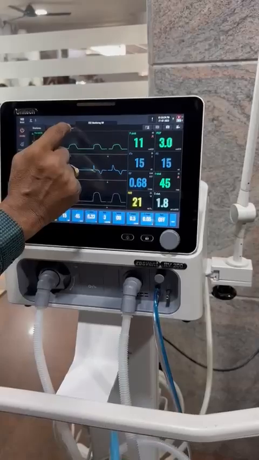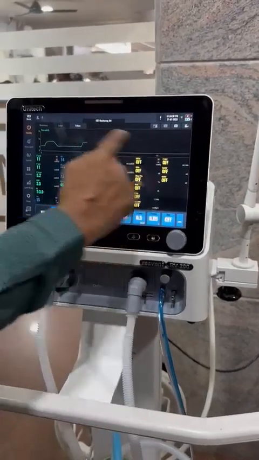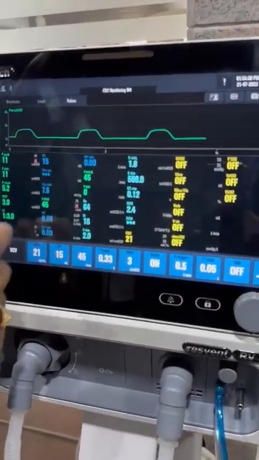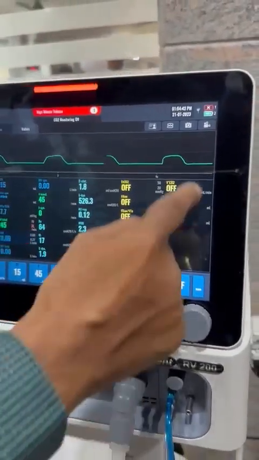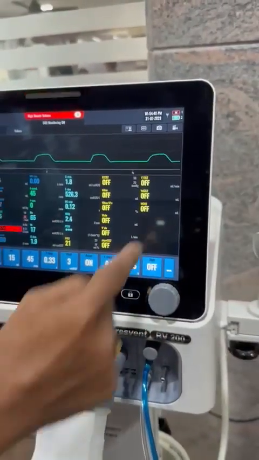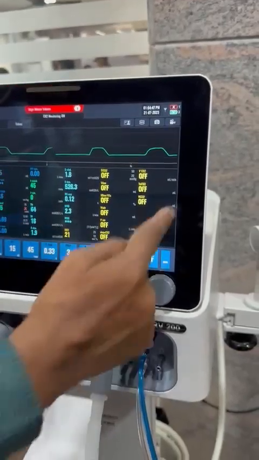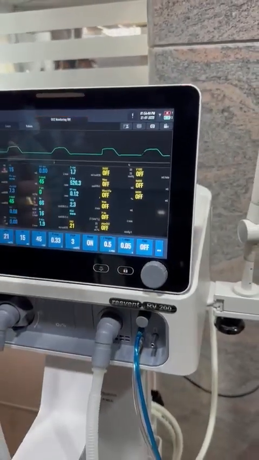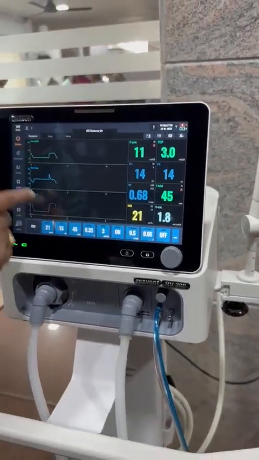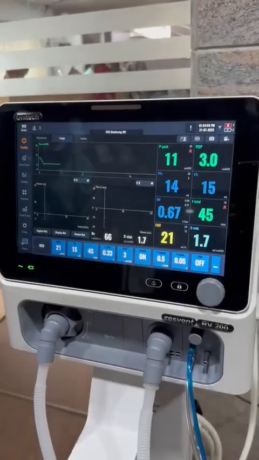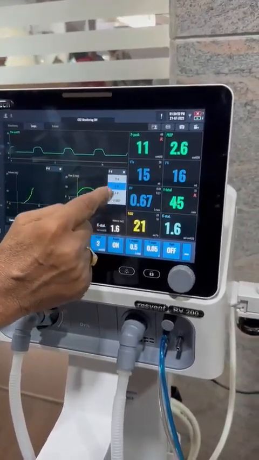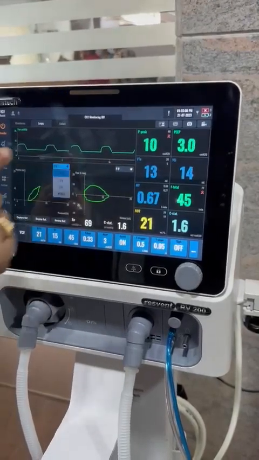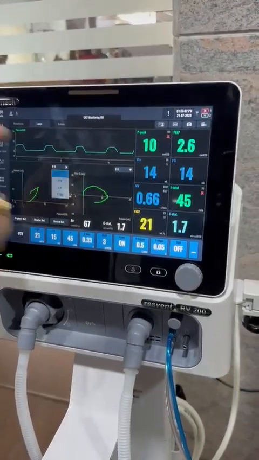If you want extra monitoring, you just touch here on values. You can see the plateau pressure, resistance, compliance, auto PEEP, static compliance, dynamic compliance, rapid shallow breathing. These are all parameters, and carbon dioxide, everything will be monitored in this space. And this is the waveform page, 3 waveforms, and if you want loops, you can choose whichever loop you want. You can set flow volume loop or pressure volume loop, whichever you want. Here also the PV loop, you can change whichever you want.